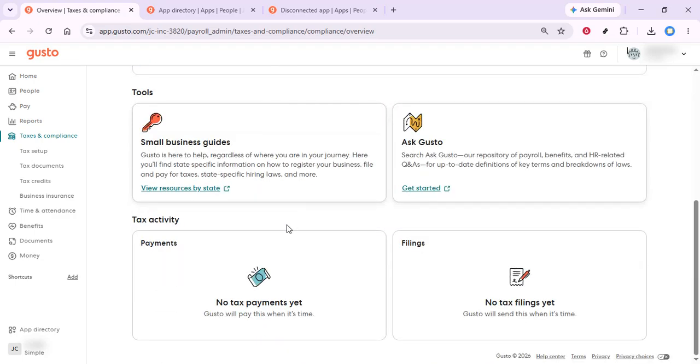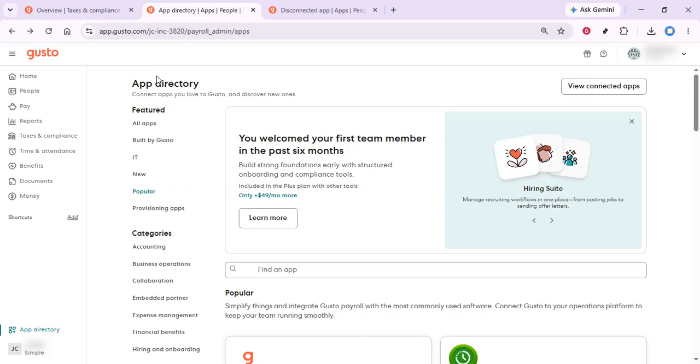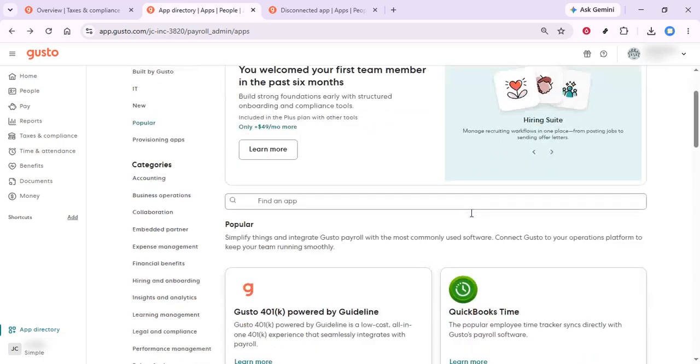Now, direct your attention to the bottom left corner of the screen. Here, you'll see the option labeled App Directory. This section houses various applications that can be integrated with Gusto. Click on App Directory to proceed. This will take you to a page where you can explore different apps and services that can enhance your Gusto